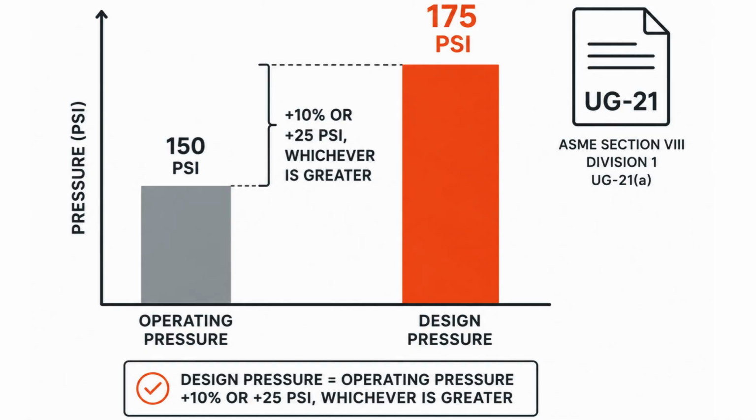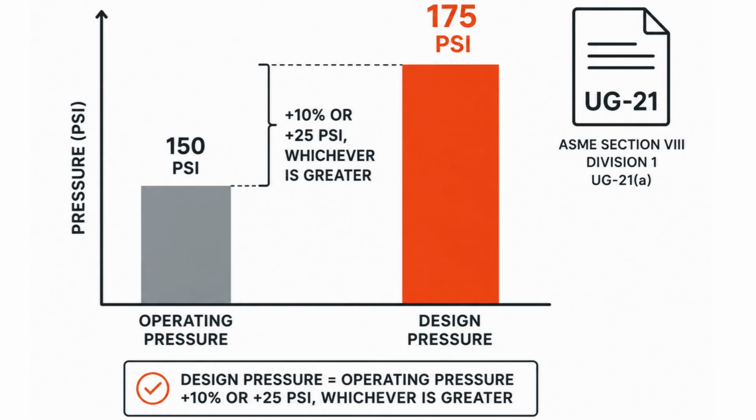Design pressure is where the code actually speaks. UG21 says every element of the vessel must be designed for at least the most severe coincident pressure and temperature expected in normal operation, including static head. In practice, that means padding the operating pressure with a margin before you calculate a single wall thickness. A very common rule of thumb across the industry: design pressure equals operating pressure plus 10% or plus 25 psi, whichever is larger. That's not a code requirement, it's engineering practice, but it's the number that actually goes into your